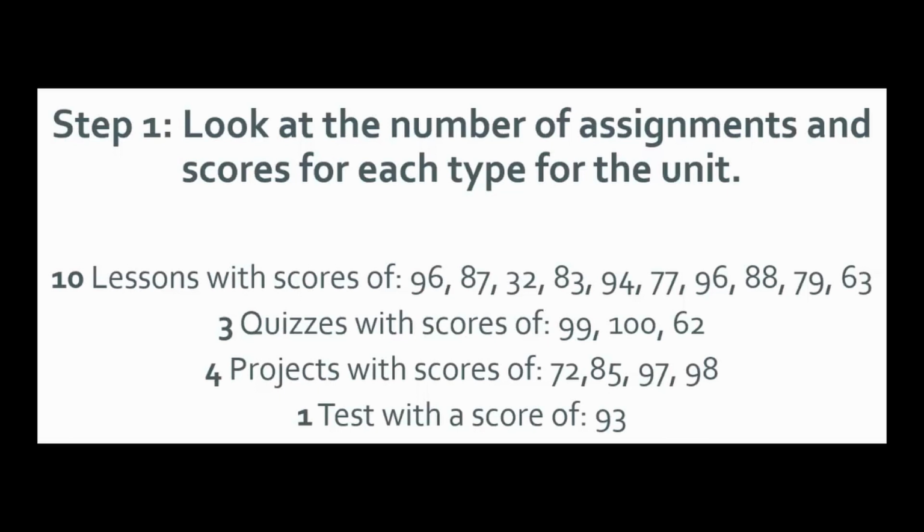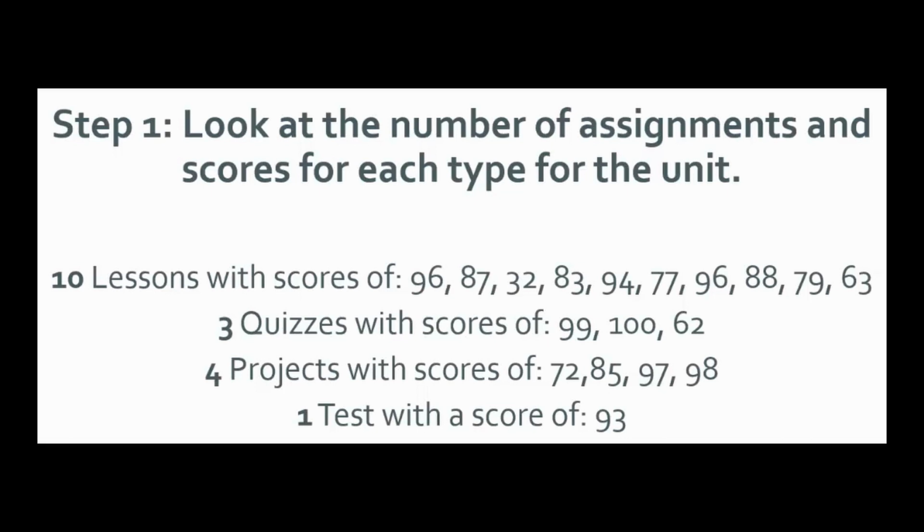In this example, there were 10 lessons with scores of 96, 87, 32, 83, and so forth. There are 3 quizzes with scores of 99, 100, and 62. There were 4 projects with scores of 72, 85, 97, and 98, and there was 1 test with a score